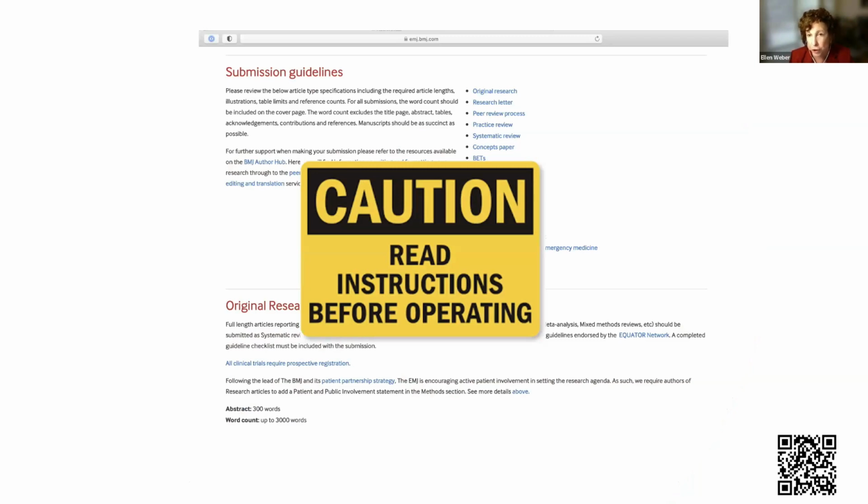So if you do get rejected, then make sure that when you change it and submit it somewhere else, you've read what that journal wants. But in general, make sure that you have read everything. You also know what the journal's mission is, so that you're not sending it to a journal that isn't going to be interested in your work. Finally, be persistent yet open to criticism.